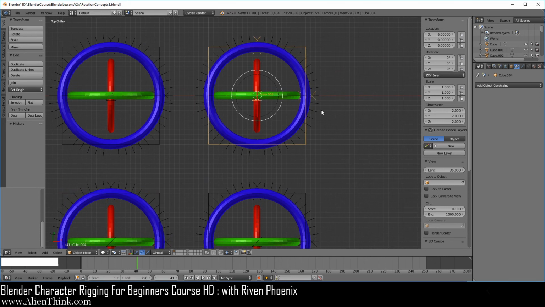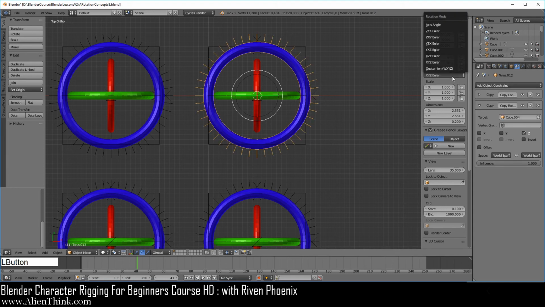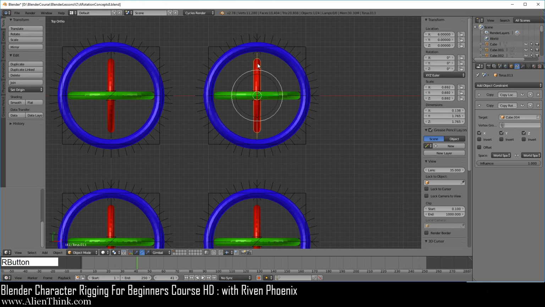This is set on z, x, and y. So let's go ahead and change this to zxy. Click on this and change this to zxy. Click on this and change this to zxy. Now first let's go find the local, which is z. We know that that's easy. Go ahead and turn on all of these.